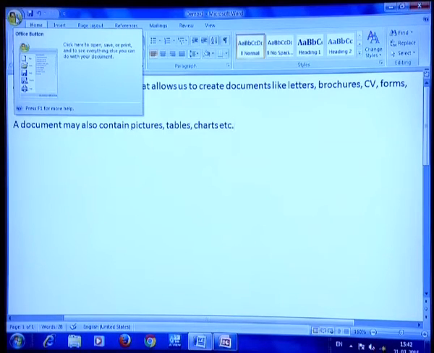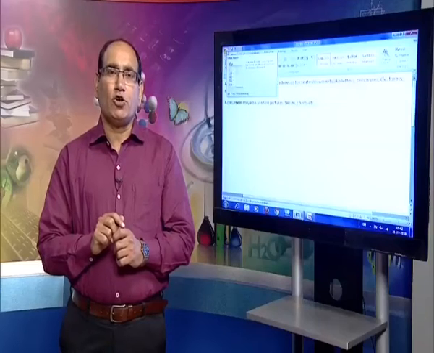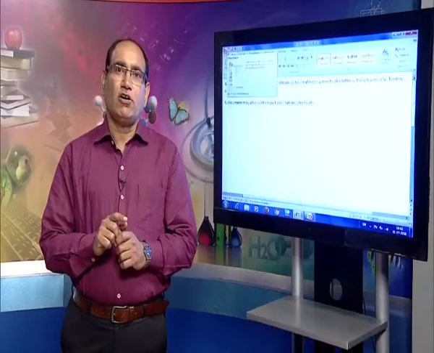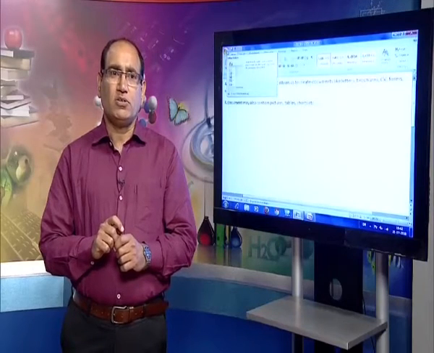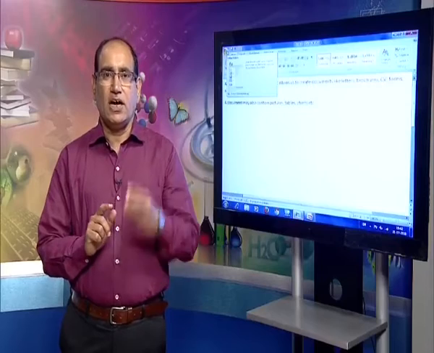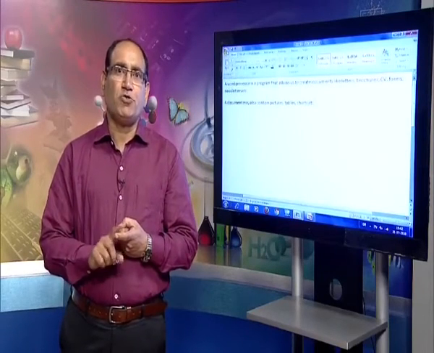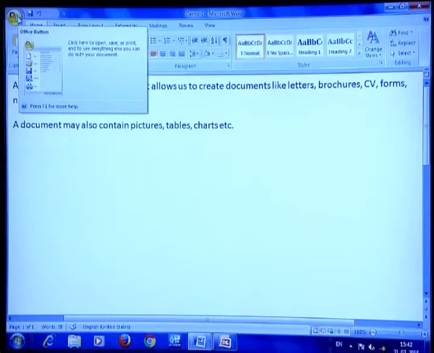Now, let us see how we can make the document read only. Now, there is a difference. One thing is I want to protect the document for read only, I want to protect the document by giving the password, or I want to protect the document for modification also. Again, let me repeat these three things. I want to protect the document with a password, password for read only, password for modification, and I want to protect my document without the password.